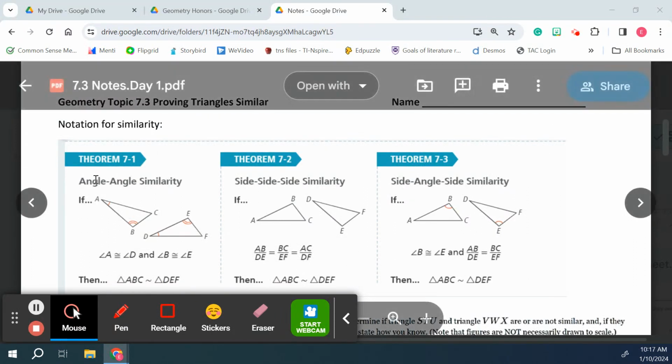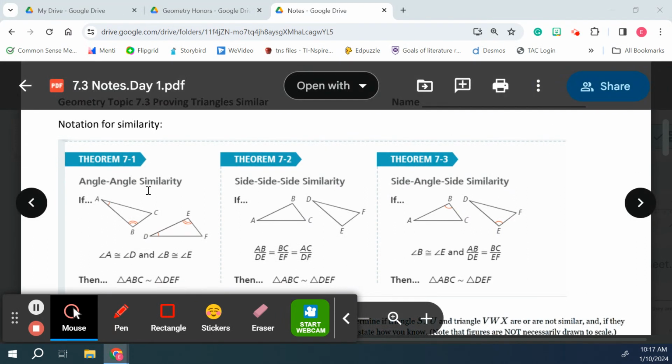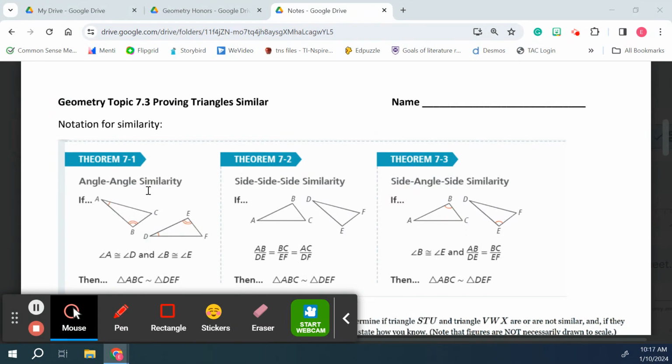We have Theorem 7.1, which is angle-angle similarity. So remember how with congruency, we couldn't prove it congruent by angle-angle? We would have to have side-angle-side or angle-angle-side. We have to have that third component, right? And that's because if angles are congruent,